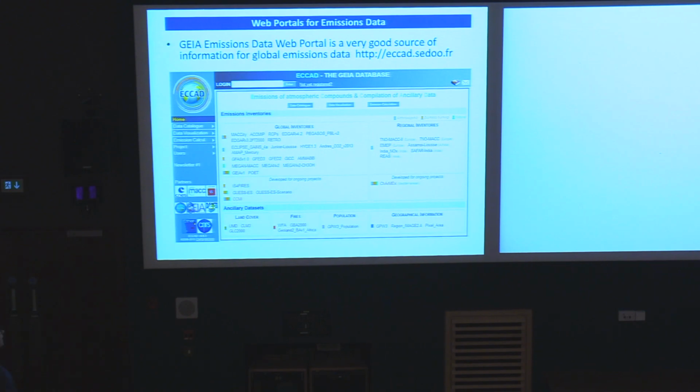It is gridded netcdf or ASCII data that you can download. You can choose specific time periods that you wish. You can restrict your regions. You can get global data from the whole globe, or you can restrict yourself to specific regions. You can look at statistics of the data, like profiles, and you can also generate maps of the emission fluxes, so you can compare with what the data should look like, or what the providers think it should look like, versus what you get once you've downloaded and processed it. So there's some error checking facility there as well.